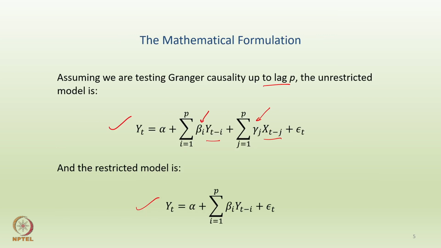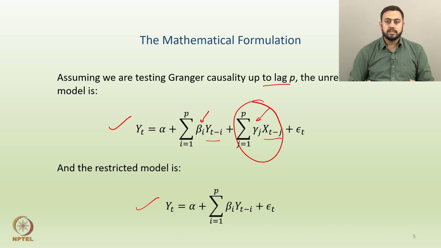Because again if you go back a slide, then gamma j coefficients are attached to xt minus j. So, if there is no Granger causality between x and y, then this entire structure should be close to 0, isn't it? So, the entire structure should be close to 0, which means that all these coefficients gamma j's should be really close to 0. Okay. Hopefully, this makes sense, because if Granger causality does not exist, there is no question of bringing this xt minus j in the model itself, right. So, in other words, all these gamma j coefficients should be very, very small or rather close to 0, such that this entire factor disappears.